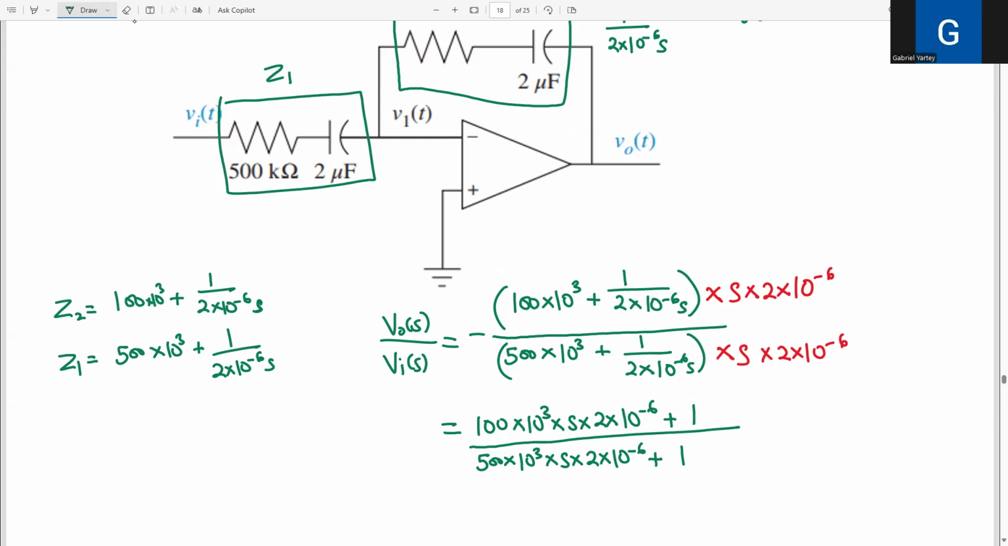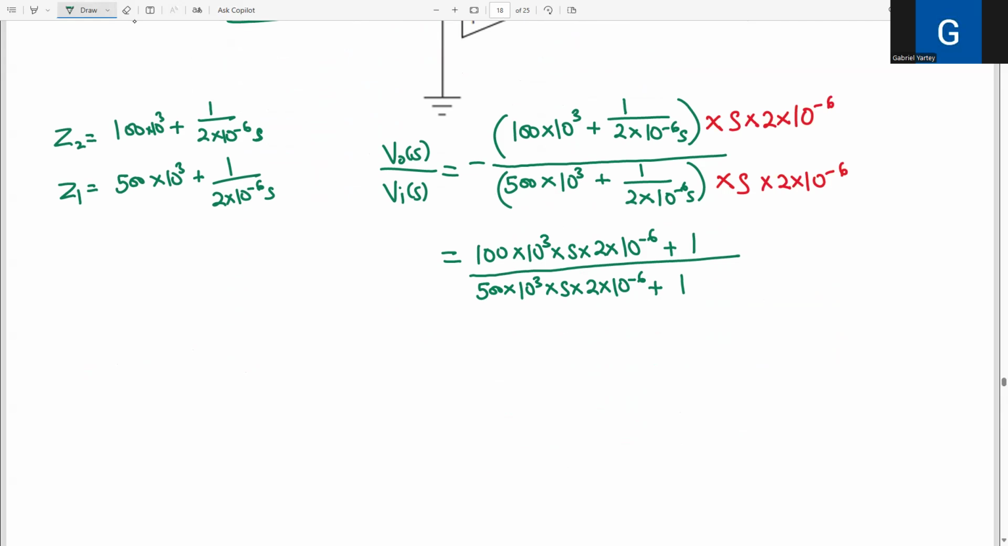Now I can go ahead and further simplify. When I multiply this, there's a minus here. So minus this times this, you can put it on your calculator and it will give you 0.2 times S plus 1, all over